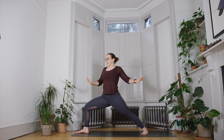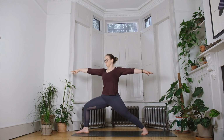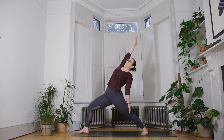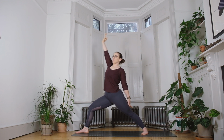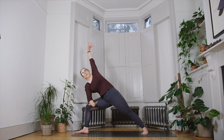Final time, we meet in Warrior 2. We allow the fingertips to soften down, catching our inhale. On the exhale, right hand to the back thigh, left fingertips lifting up and overhead to reverse our warrior. As you inhale, floating through warrior two to Parsvakonasana, left forearm to the back thigh, right fingertips overhead,